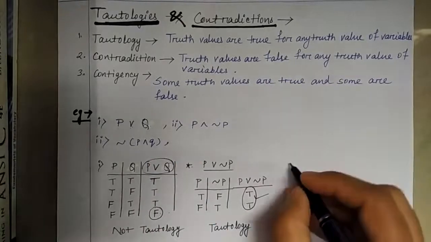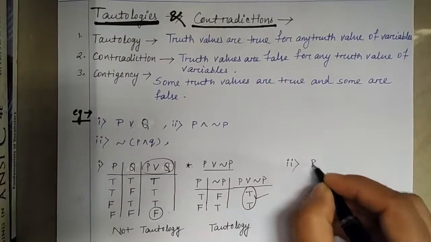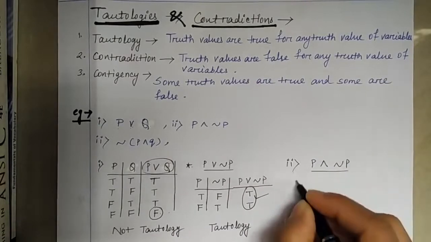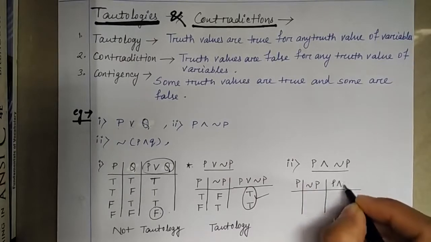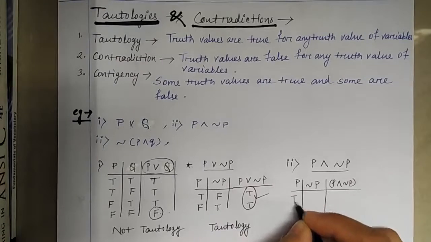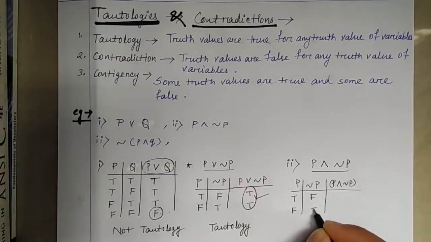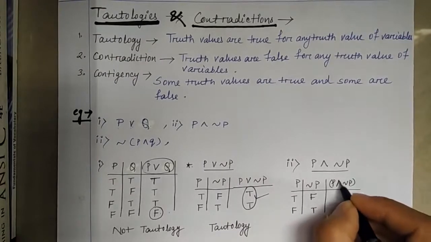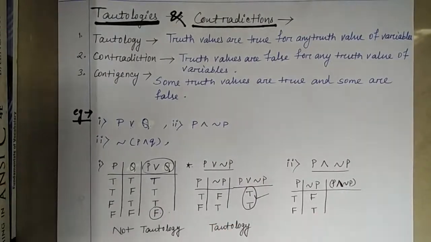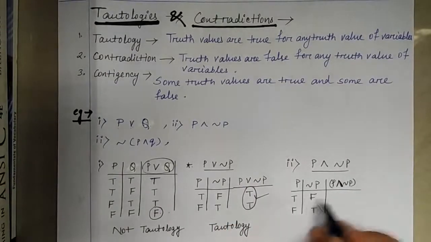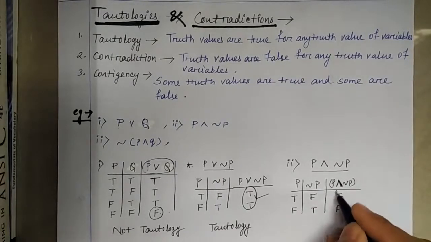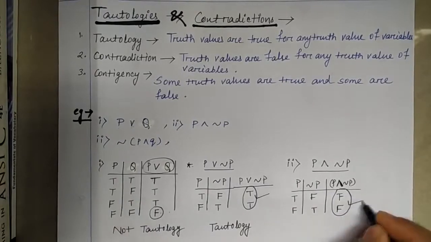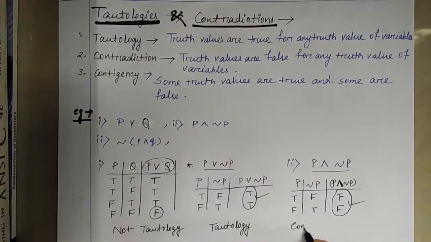We'll see the second example, that is P and negation P. We'll obtain two columns, first P and negation P, and the last one is P and negation P at a time. So this will be true, false and false, true, right? In an AND operation, only if both values are true do you get true. But here one is true, another is false, so this is false. One is true, another is false, so this is false. So what are you getting? In the last column, both the values are false. So this kind of table is called a contradiction.